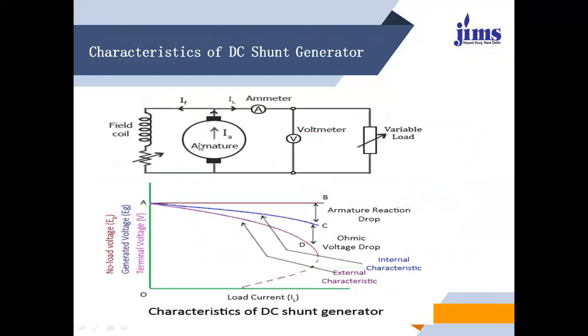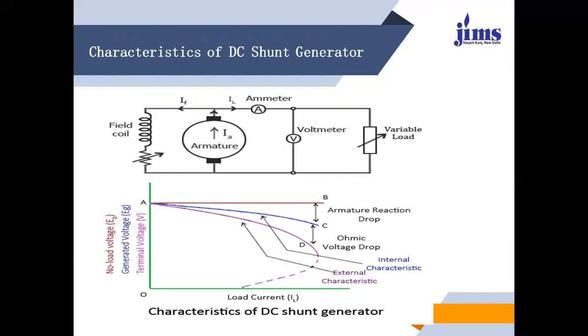This will be the armature and the armature winding we are placing over here, and this will be for the rotor side. And the field is associated with the stator side, so stator is there. So whenever the armature and the field coil are connected in parallel with each other, and we are taking a single source for the DC generator. If there is no external source we are using just to excite the field winding, then this type of generator is called the DC shunt generator.